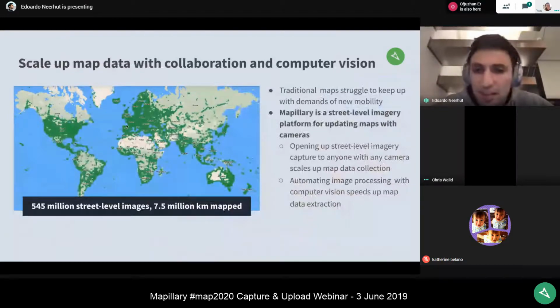Before we get in that, I think the background on Mapillary is important. Mapillary basically approaches street level imagery capture from 2 major points of view. One is that we are a collaborative platform, and that means that people can contribute imagery using a variety of devices and for a variety of different use cases. So we have government contributing imagery, we have humanitarian organizations contributing imagery, we have companies and individuals contributing.